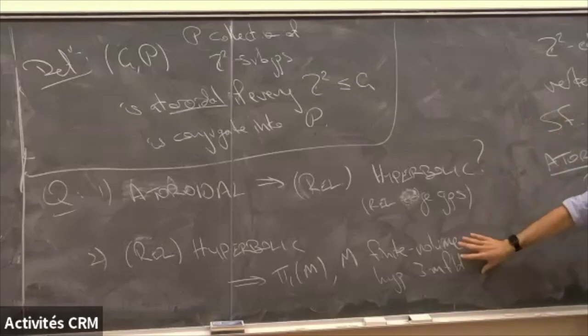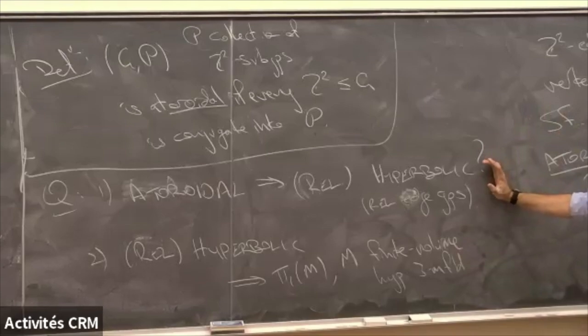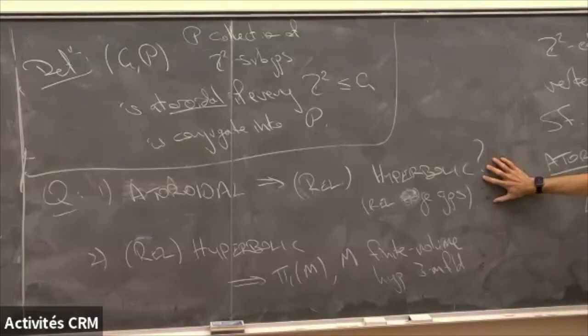And I'll be more specific about the relative statement here later in the week. As far as I know, in the case where there are boundary components, knowing how to do this is part of Thurston's Haken geometrization in the Haken case. In the case where it's atoroidal, it has no Z-squared subgroups at all, because this is a trivial graph. There's no proof of this in the three-manifold setting that doesn't go through parallel. This is something that's out of reach without parallel type techniques.